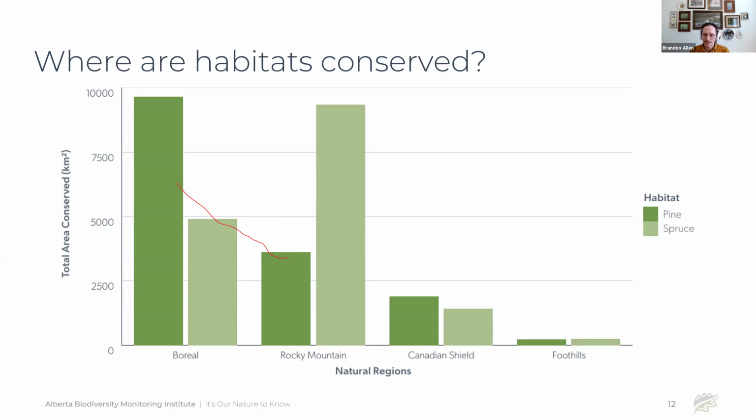And so what you can see here is that the amount of these habitat types that are currently protected is being established again through the Rocky Mountain National Park Complex and the Wood Buffalo National Park Complex. So if we're thinking about conserving pine stands or spruce stands in the foothills, not a lot of those communities or habitat types have actually been conserved either. So there's a lot of really interesting nuance and context you can dive into. Again, setting a single target doesn't give you the whole picture, and there's lots of weeds for us to explore.